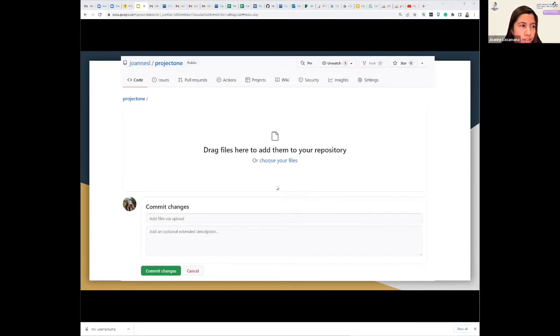Okay, so once the repository is created, you can now choose to upload your files through GitHub. So here you can see choose your files. So you basically upload your files to the repository that you created. Once you are able to upload the files, it is necessary to add some sort of description of your commit